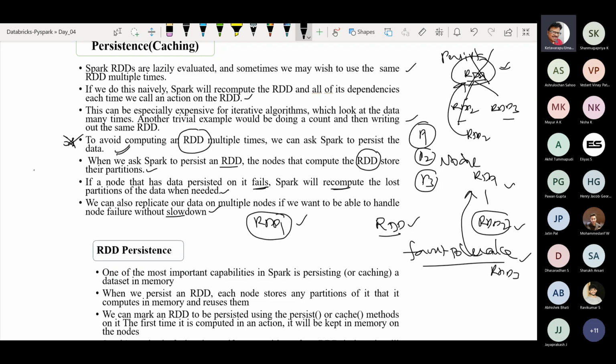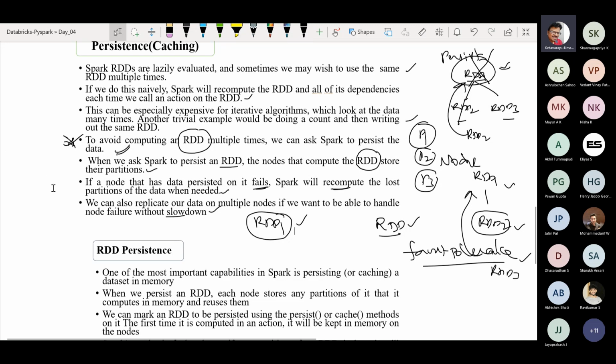In that particular case, guys, you need not worry about that. Maybe you can replicate these RDDs into another thing. That's what I said: serialization, disk and memory replication. Don't worry. If any problem is there in memory, then obviously I can pick up the data and process it. So these are all the connected dots while working with persistence as well as